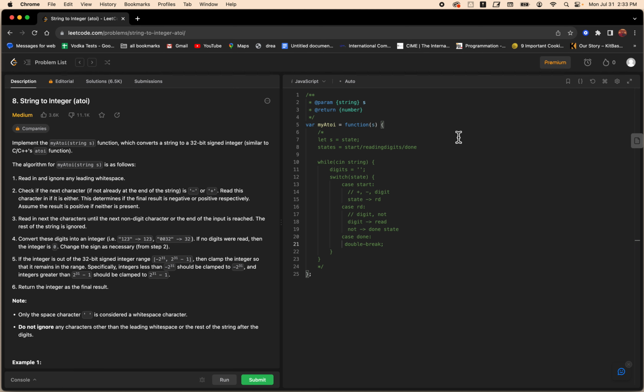That is going to get turned into code gradually. Then at the end, oh, then we got a clamp, right? At the end. And then return the integer as the final result. Oh, we gotta change the sign. Yeah, so we would be like,